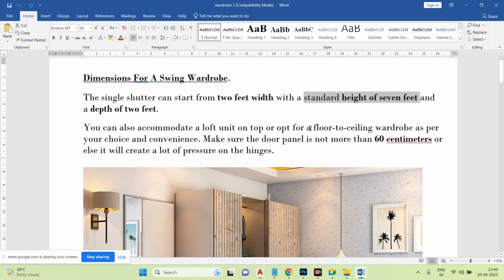The 7 feet height is standard, and it depends on the size of the bedroom, children's room, or guest room. But the 7 feet,